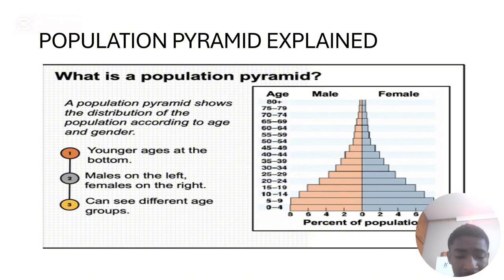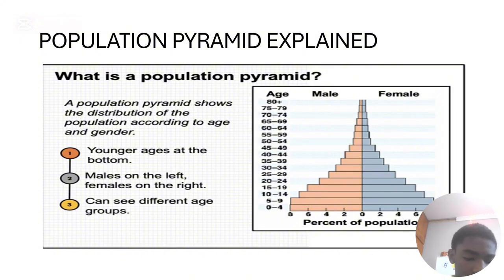So I hope you understand everything that speaks about population pyramid. Things you need to know about the population pyramid is that you need to be able to differentiate and compare numbers specifically: which gender lives more, which gender lives less, right? You need to be able to identify which country is developed and less developed. You need to know the difference in types of population pyramid. As I've explained, it's symmetrical population pyramid and a bell-shaped population pyramid.